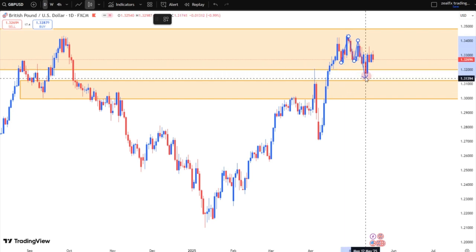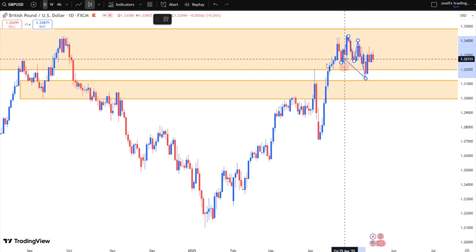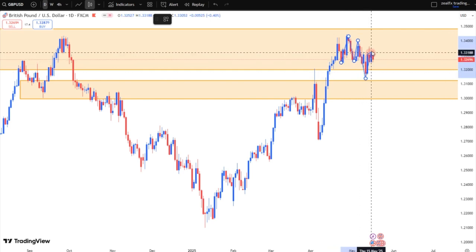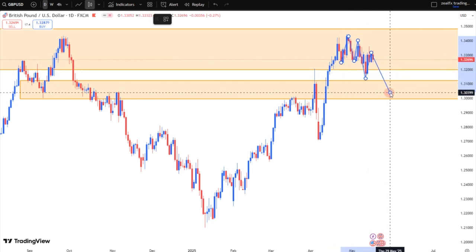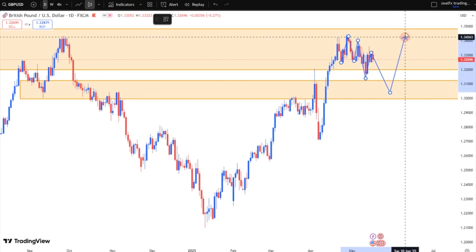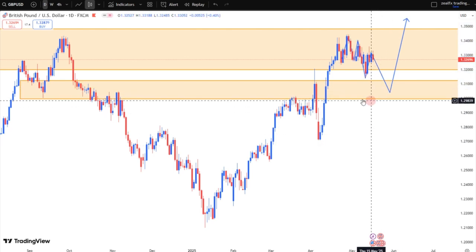We expect the pound to move lower after the break. Now we expect the pound to move lower because we have this break. We expect a retest, then we expect price to move to this next weekly support level before we see the uptrend movement for the pound USD, because we have an uptrend structure